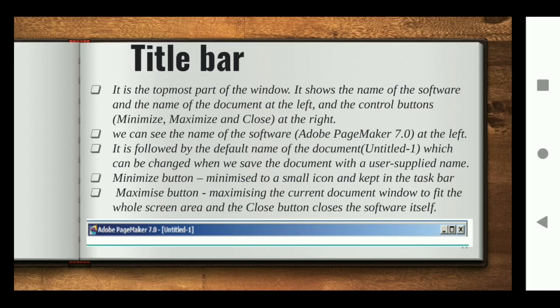For that purpose, the minus icon is used, followed by the square box icon, which is maximize. The screen occupies a particular area of the laptop or PC, but if you want it to occupy the full screen, you have to click maximize. If you have finished all the work and want to end the program, you can click on the X icon, which is available in the right corner, and it will close Adobe PageMaker. So that's the section on the title bar.